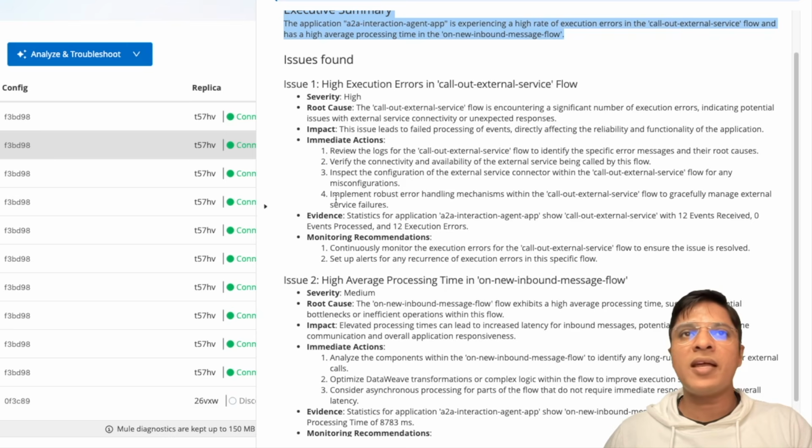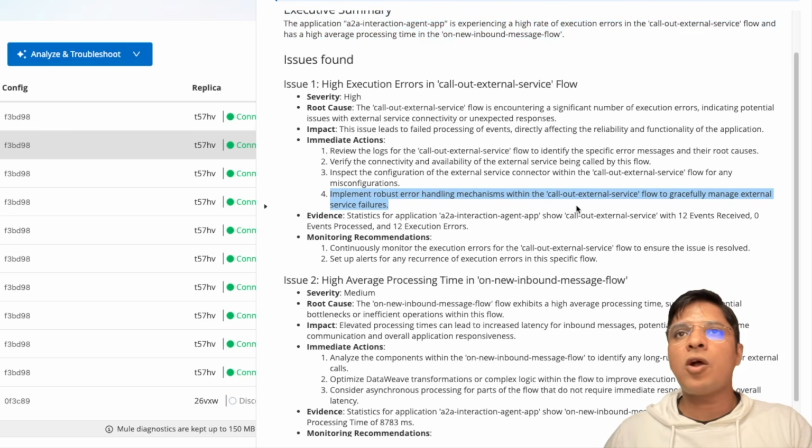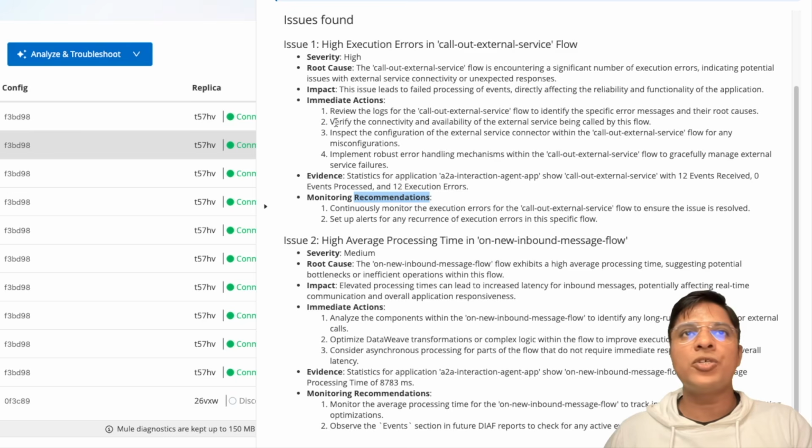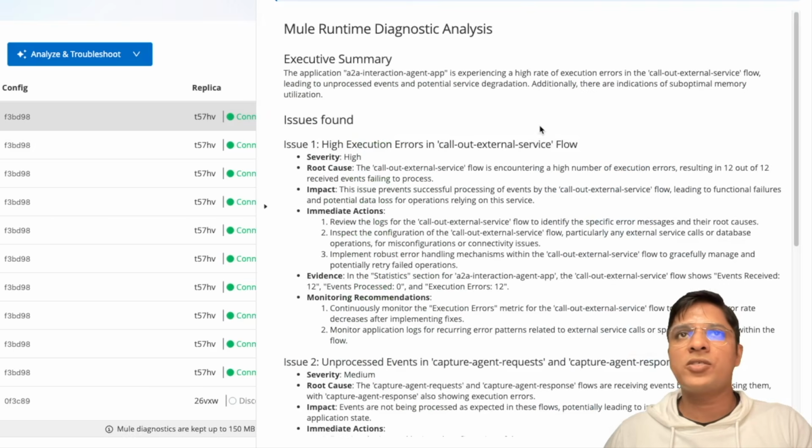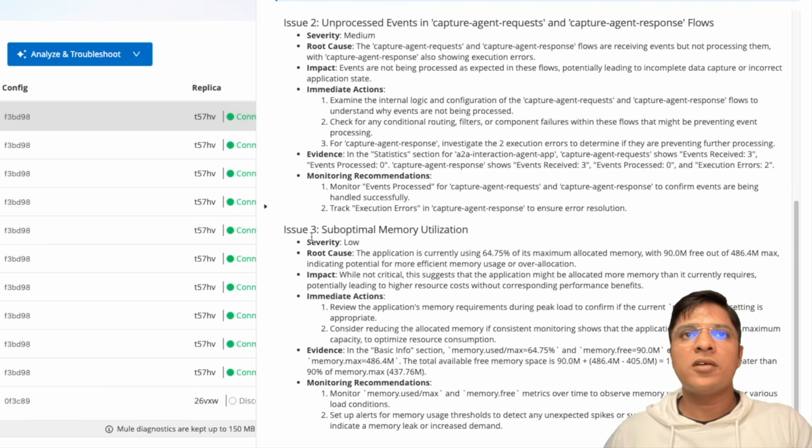So one of the immediate actions, if you see, is to implement a robust error handling mechanism within the callout external service flow to gracefully manage these external service failures. And it will give the recommendation also. Okay, so it has multiple issues, issue 1, issue 2, and if I go to the latest, let me just open the latest one. See the third issue,